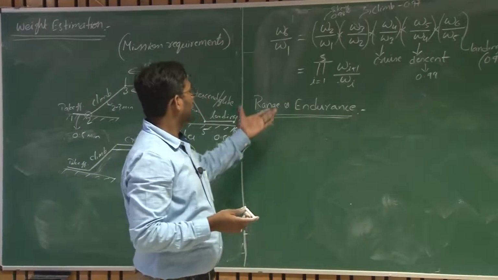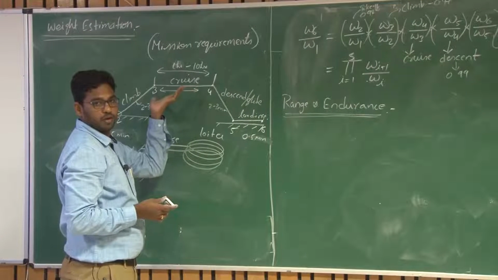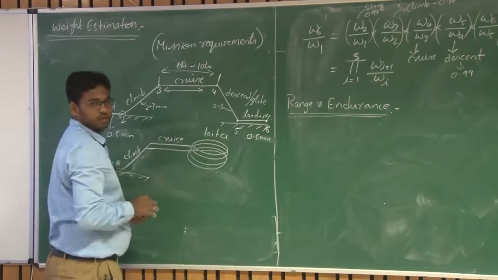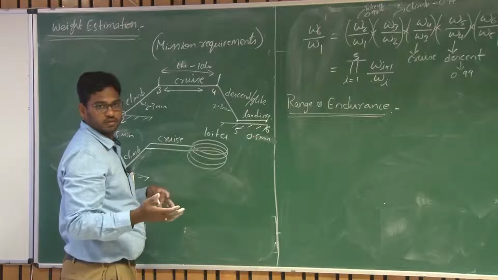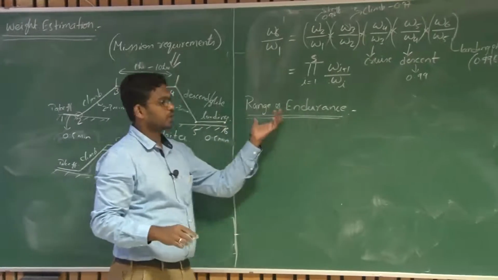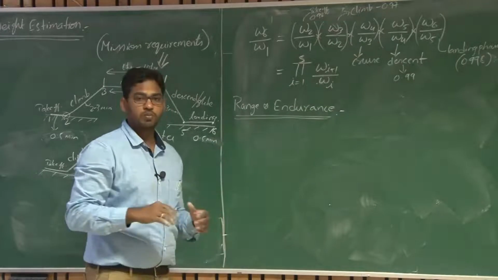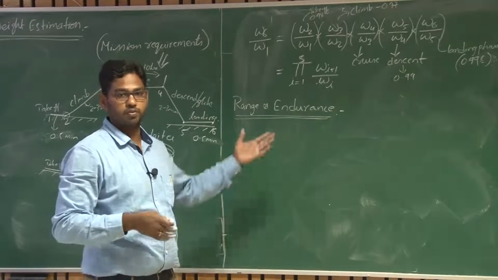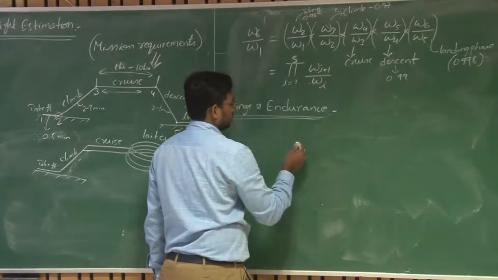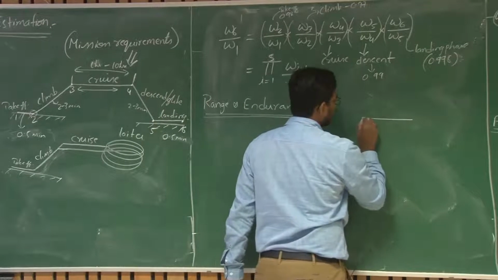That means you will be able to figure out the fuel load to travel a particular distance, because for cruise we say 1 hour or 10 hours, or so many kilometers. When you mention this in the mission requirements, you are specifying either the range or endurance of the system, right? So once you know the range, what should be the corresponding fuel load that you need to carry to perform this particular task, right? So let us define, since we are talking about IC engines, or a propeller driven engine.